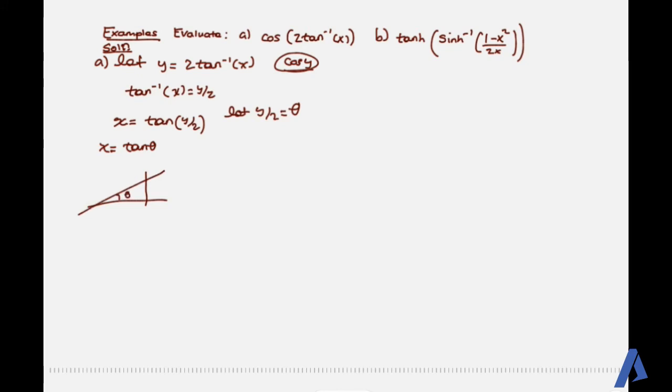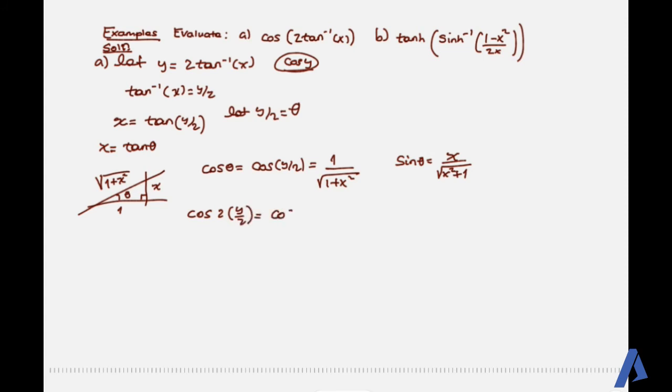ስለዚህ let this be an angle theta, this is the right angle። ከዛ ምንድነው tan theta is equal to x ነው የሚለው። ስለዚህ x over 1 ስለዚህ ሃይፖቴነሳችን the square root of 1 square plus x square ይሆናል ማለት ነው። ከዛ from this cos theta is equal to cos y over 2 which is equal to adjacent over hypotenuse 1 over the square root of 1 plus x square። ከዛ እዚሁ እንዳለ ደግሞ sin theta is equal to x over the square root of x square plus 1። ስለዚህ እኛ ምንድነው የምንፈልገው ተባብለናል cos y ነው የምንፈልገው ተባብለናል። ግን cos theta cos of y over 2 ነው። ስለዚህ cos y ደግሞ cos of twice of y over 2 ማለት ነው